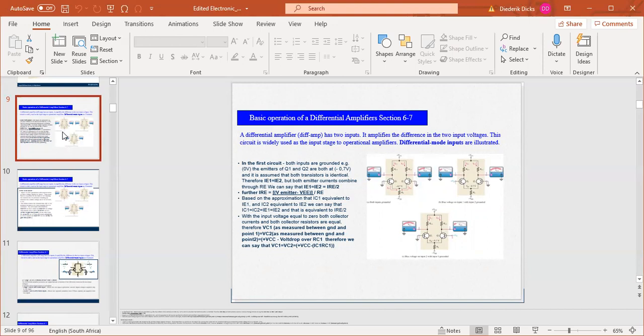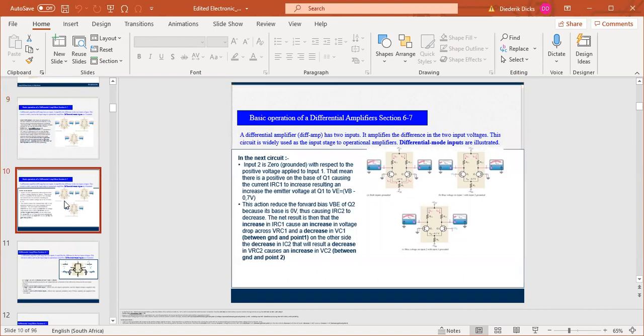We also know that RC1 is equal to RC2. Now, according to Ohm's law, V is equal to I times R. With I and R the same, VRC1 is equal to VRC2, and we will measure from ground to output 1 and from ground to output 2 exactly the same voltage.